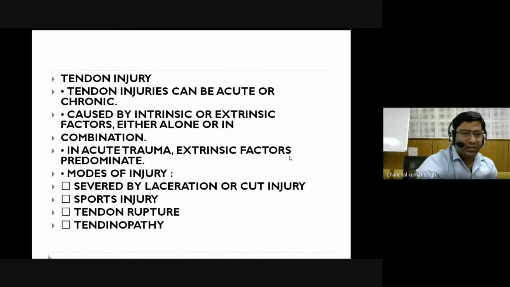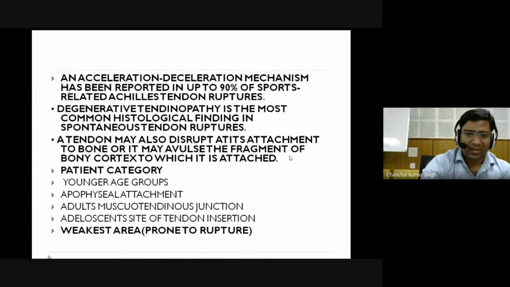So the cause of tendon injury can usually be acute or chronic, caused by intrinsic or extrinsic factors or a combination. Most of the time, in the acute scenario, trauma is where we see tendon ruptures, tendon injuries, or lacerations. Or, with extrinsic factors, you have, let's say, chronic ischemia in old age, osteoporosis, and many other medical conditions where you have tendon ruptures. Let's say use of ciprofloxacin or steroids; all these can lead to tendon weakening.